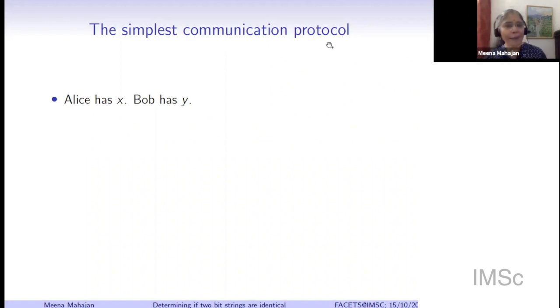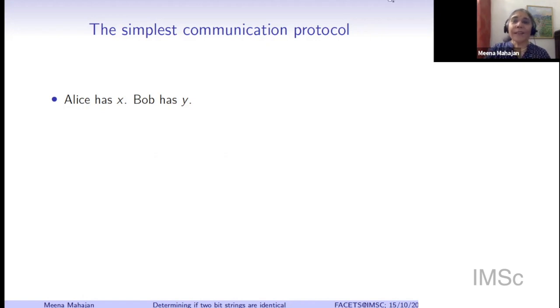So what do I mean by protocol? I'm a computer scientist, and computer scientists very often talk about software, about algorithms. I'm not talking about an algorithm to solve this problem. So what is the difference between an algorithm and a protocol? An algorithm is trying to compute something. It has all the input, the data that it needs, and it looks at it and figures out the answer. Here, the data is not available in one place. So really, what needs to be figured out is who talks when, who sends information to the other party, what information this party sends, and how it allows them to conclude the answer.